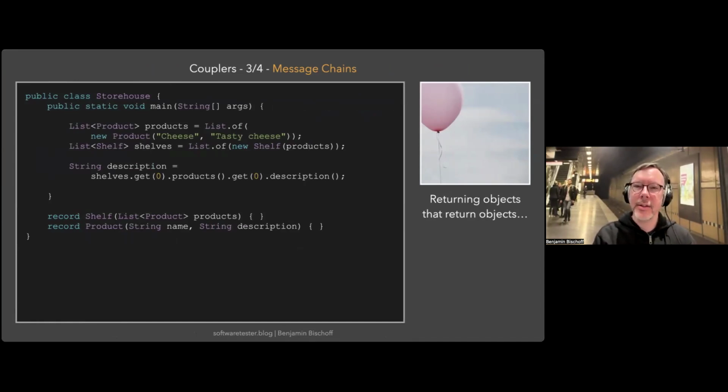Message chains is something that I do regularly, even though I know I should know better, but I fall into that trap again and again. It's when you have objects that return other objects that return other objects. Sorry that this code looks a little bit more complex, but this is the thing I wanted to point out. Like in this case, we have a storehouse, and a storehouse has shelves, and shelves have products, and each product has a description. So if we want to get the description of the first product on the first shelf in the storehouse, we would do